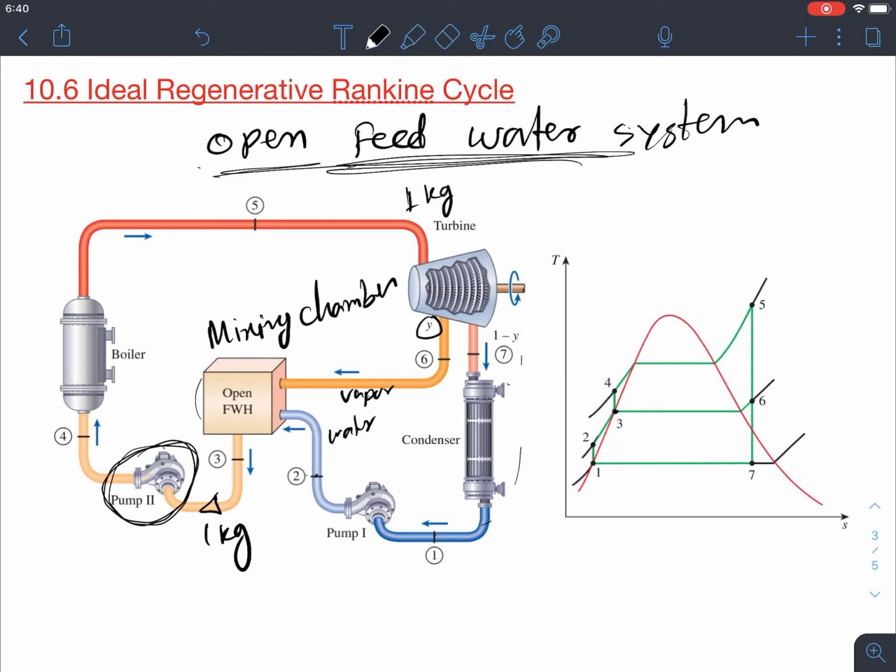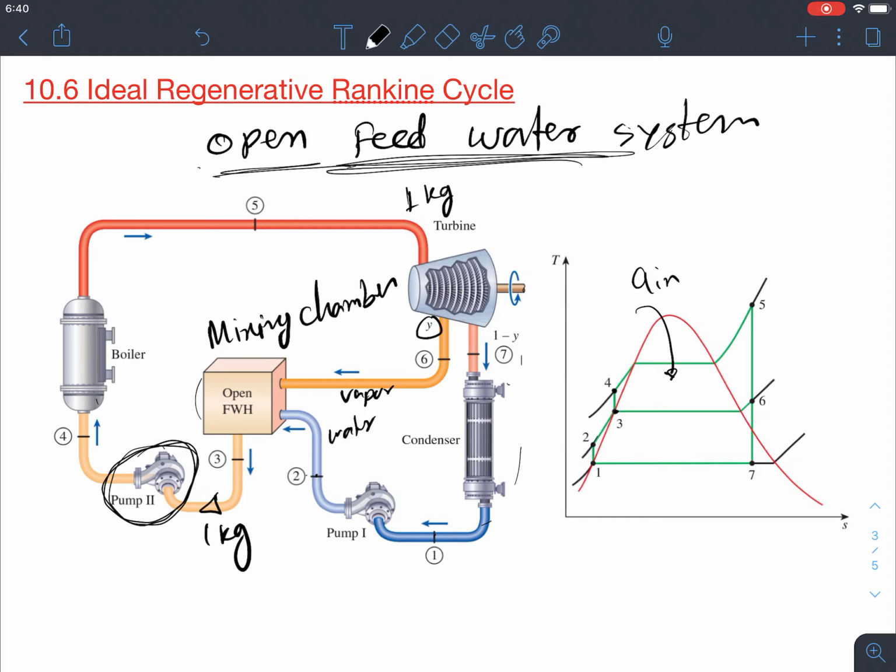So we can see that from 3 to 4 temperature and pressure are increasing. And then from 4 to 5 is the heat addition process, Q in. So basically 4 to 5 here, the Q in, the heat addition is happening, right? So from that boiler output, it's going to the turbine,